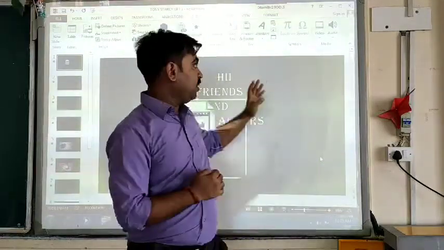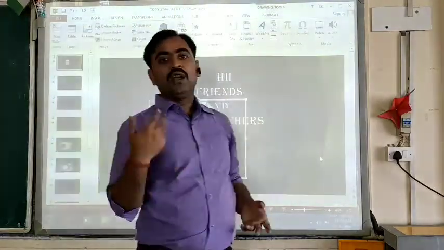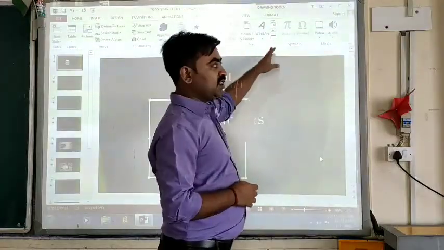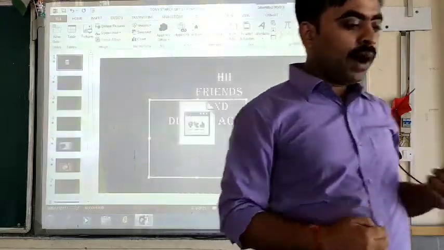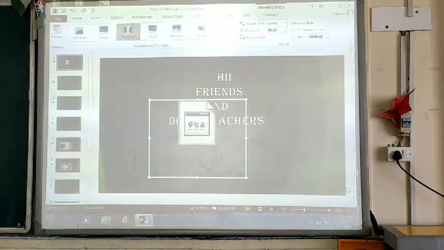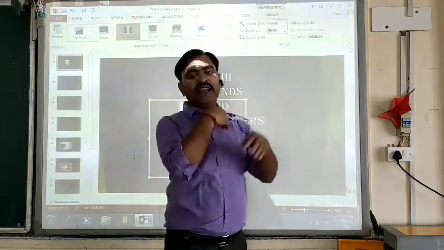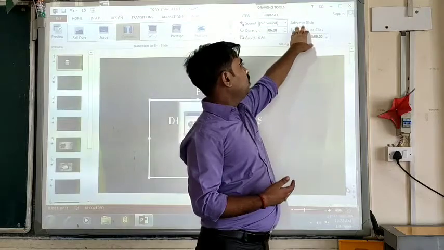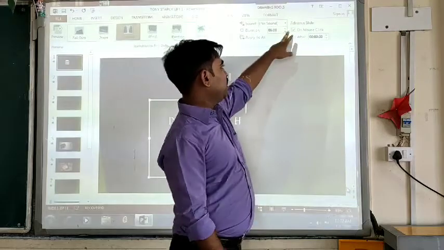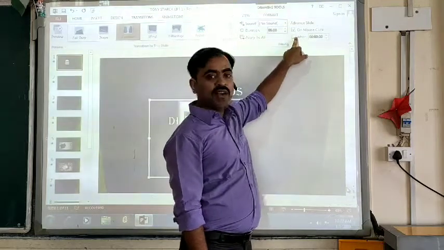When we were discussing the transition effect, we discussed that we have two different options. You can use the transition effects according to the mouse click. I will show you. In the transition effect, we can define how the slide changes one after another. You have two different options: either the mouse click, or you can define the time interval.